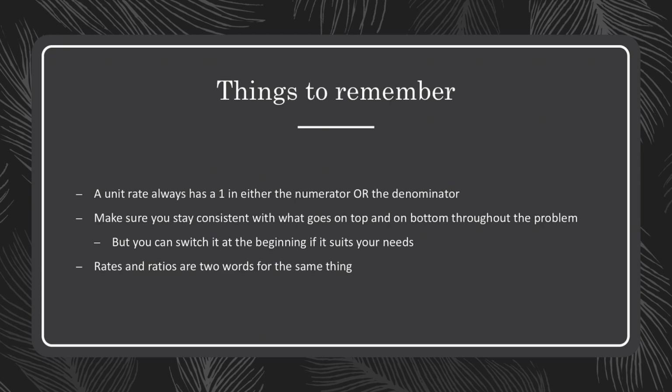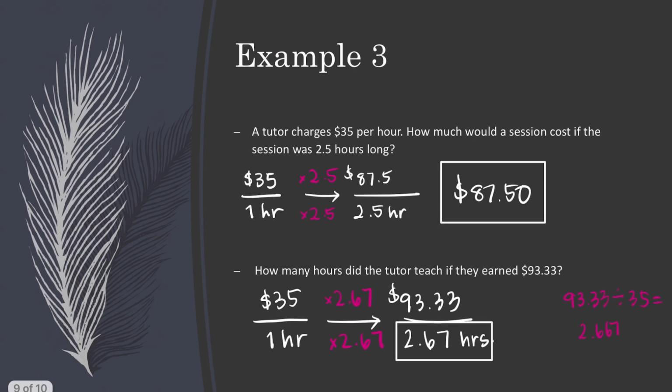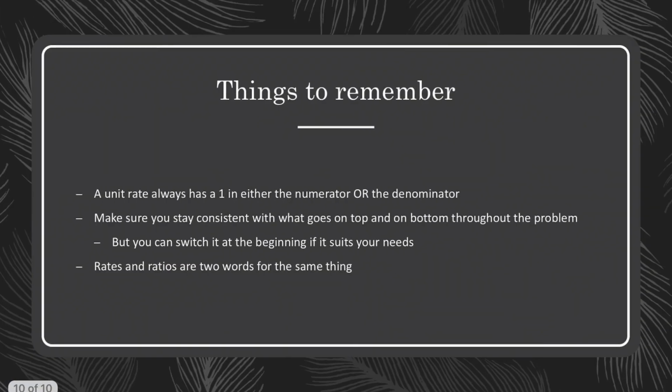So some things to remember: a unit rate always has a 1 in either the numerator or the denominator, and honestly, it really doesn't change. Just make sure you keep track of where things go. Like I can't put dollars up here and then put hours there, right? It has to stay the same on top and bottom. So make sure you stay consistent, but you can switch it around at the beginning if you want to. And remember that rates and ratios are just the same thing. There's lots of different words to describe fractions. Rates and ratios are what we would use more in our everyday life, whereas fractions is